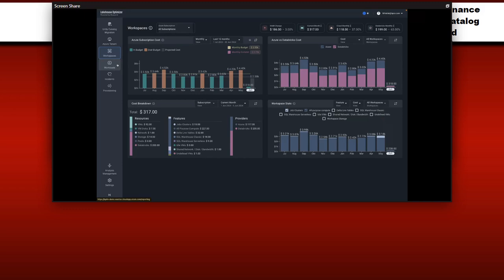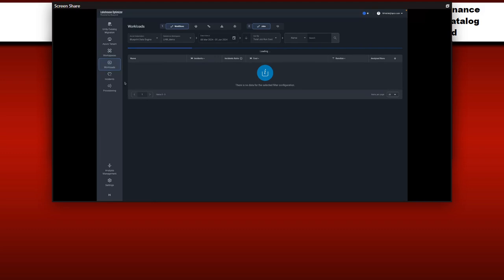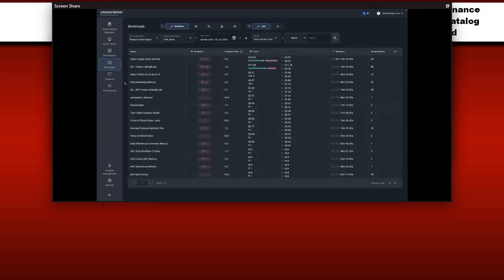They're going to be waiting for those incidents to fire off an alert so they know where to look and how to triage some of those challenges. But then also practitioners will be in the workloads pane with their named workloads that they're developing on a regular basis, or if they're specifically looking to optimize them by name, they'll be in this view with Databricks essentially on their second monitor, using Lakehouse Optimizer as their co-pilot to get the most out of the platform.